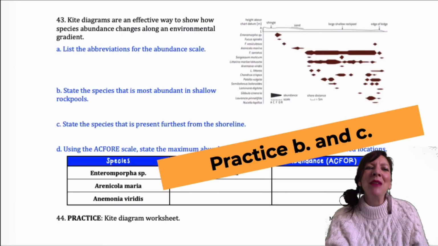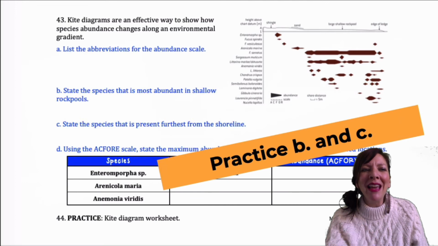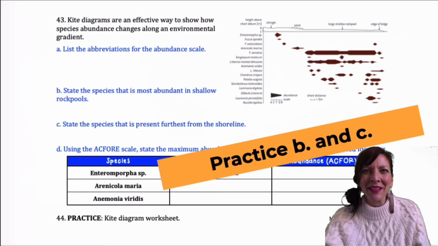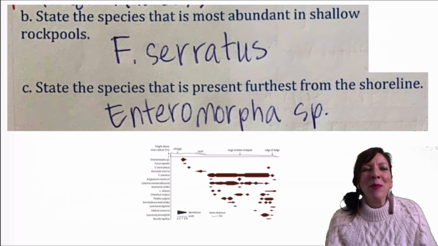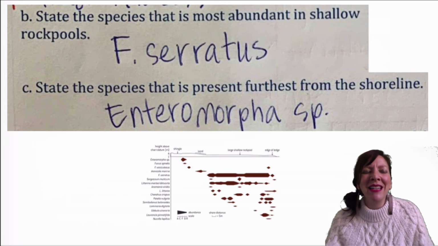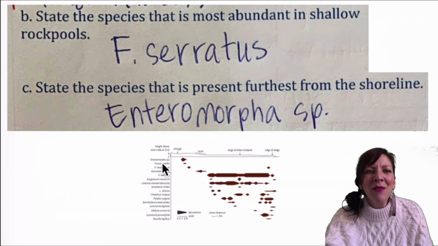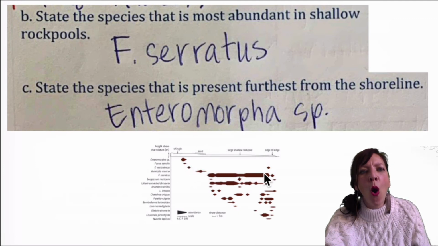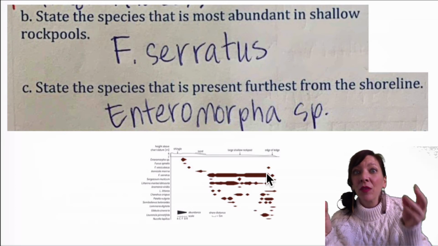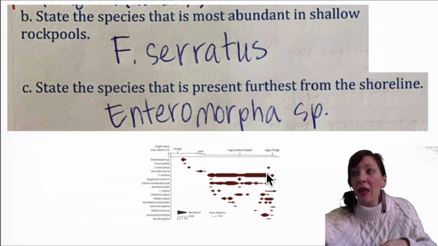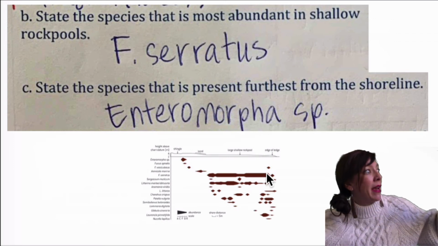What I would like you to do next is practice both B and C. Push pause, and then let's come back and look at those answers. Perfect. So for B, state the species that is most abundant in shallow rock pools. So you're going to find this one, most abundant. Check out that thick line, whoa, in that distance. So you're going to find this species for a majority going from the edge of the ledge all the way up to the